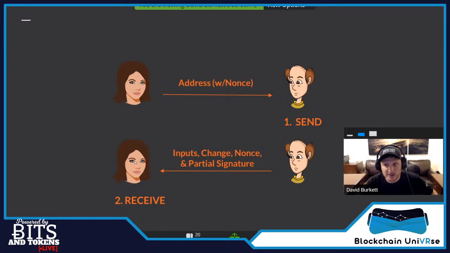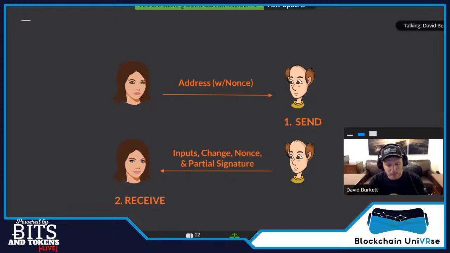And then Alice can then add her signature. There's no longer this need for this finalized step. And it's a lot more intuitive. So if you are buying something at a store, you might hand the cashier $5, and so that's like the send step, and then they'll receive it. So they'll take the dollar. That's a lot easier to reason about. This finalized step never made any sense in the real world. So it's quite a bit simpler. Should get rid of a lot of the usability issues. And I think Grin may end up doing this as long as everything turns out to be secure and safe and good to go. I think that will help them a lot.